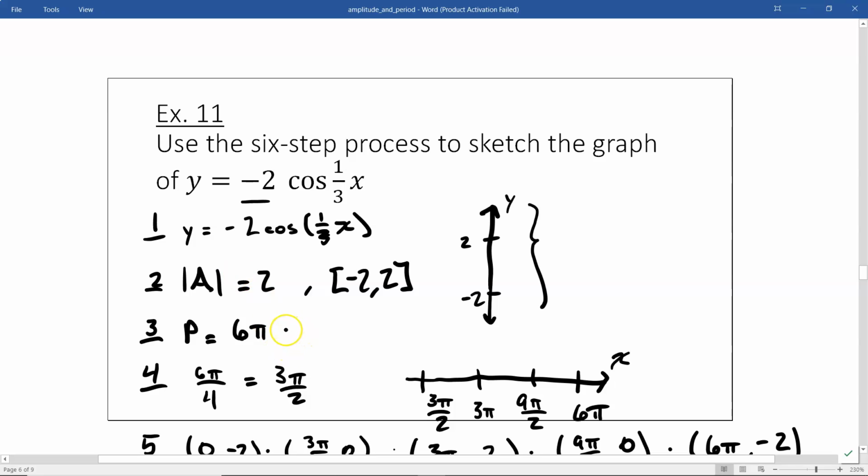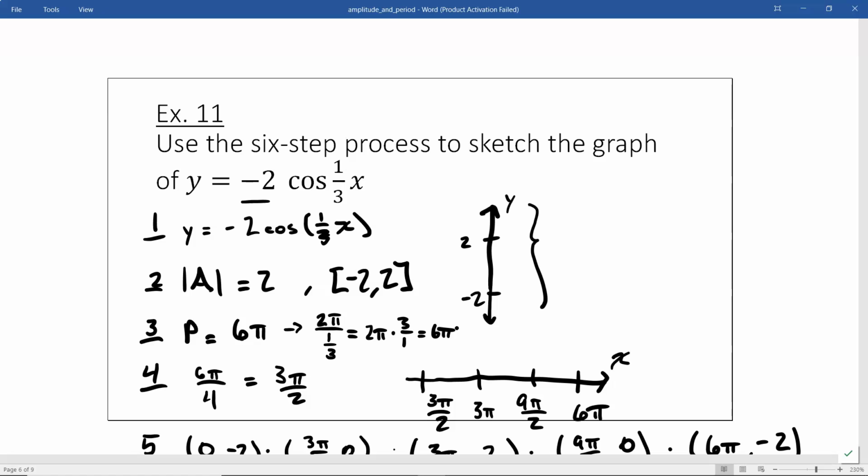And just something to highlight here, when you have a fraction inside of your function, as you can see, this number is bigger than 2 pi. That's because when you divide by a fraction, remember that this is multiplying by the reciprocal of this fraction. So this is actually 2 pi times 3 over 1, which gives us our 6 pi. And this period tells us the maximum of our x-axis as far as the first cycle goes,